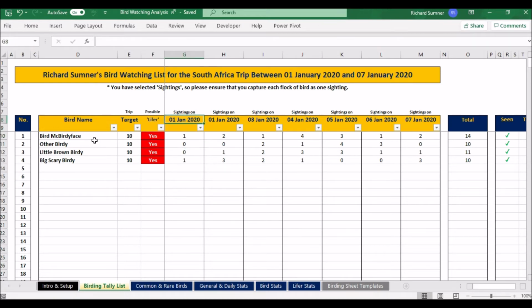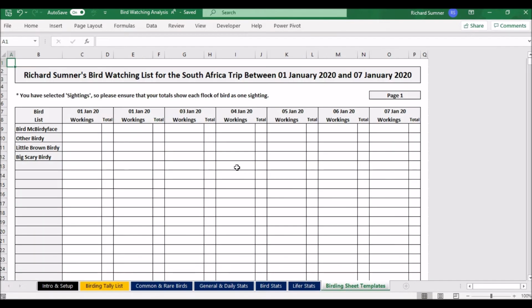And then the rest of that you set up at the beginning, the birds that you're hoping to see and the targets. And what that will do is it will create this list here. So this list is a printable list. There's no color on it really, so you can print this out and you've got a list of all of